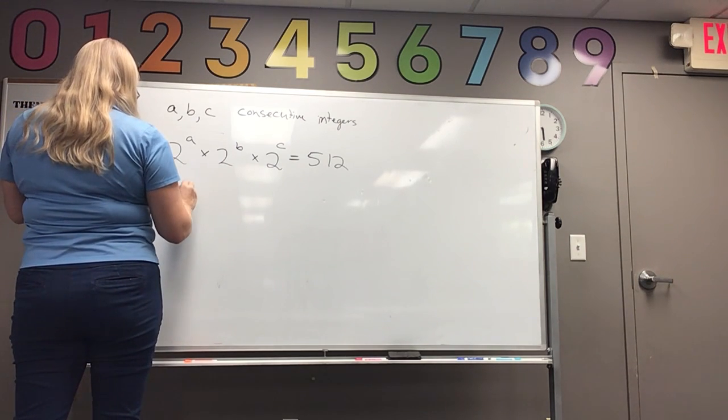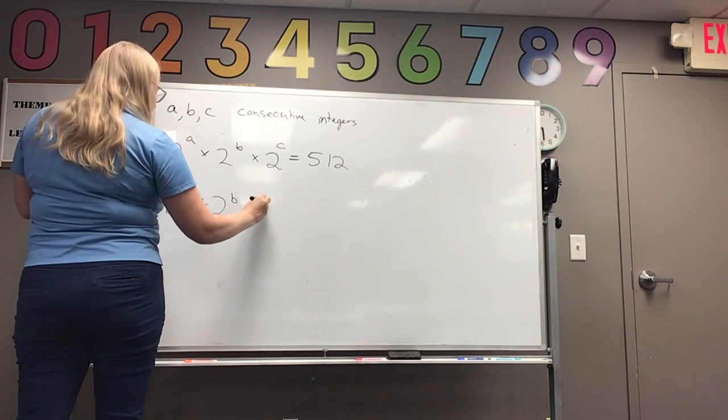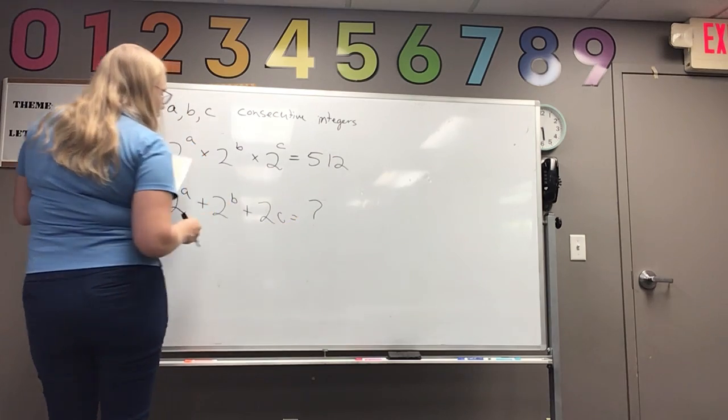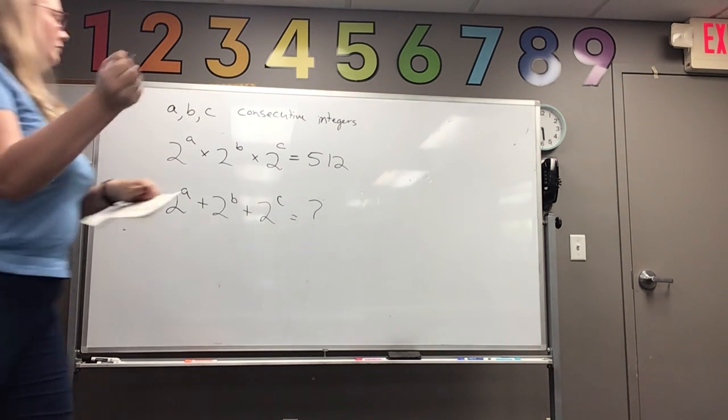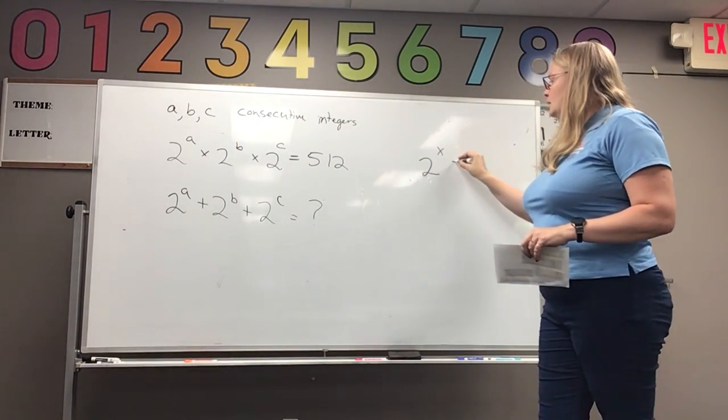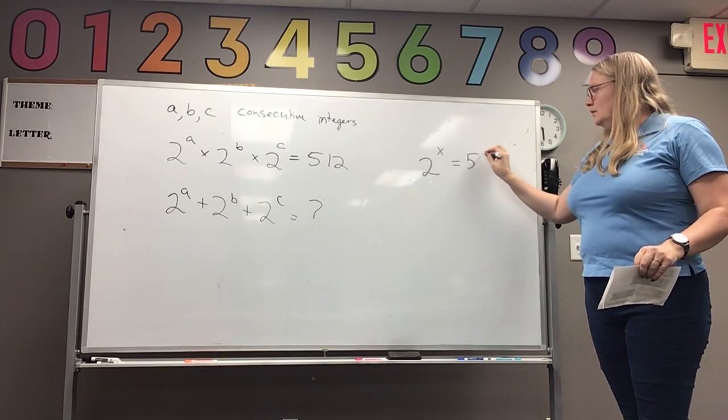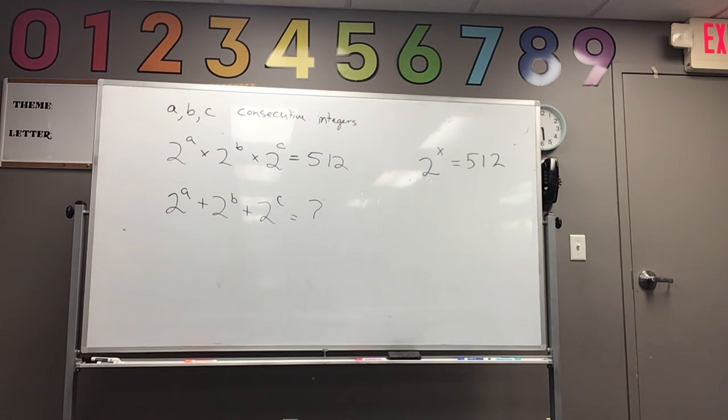The question is 2 to the A plus 2 to the B plus 2 to the C equals, oh, sorry, my exponent got low. Since we're running low on time,